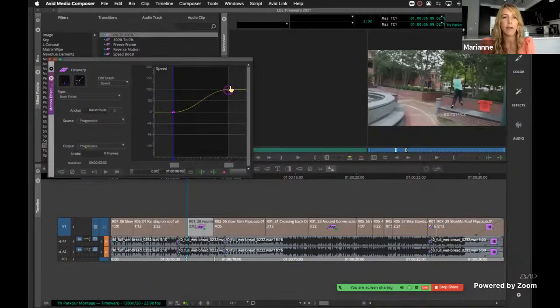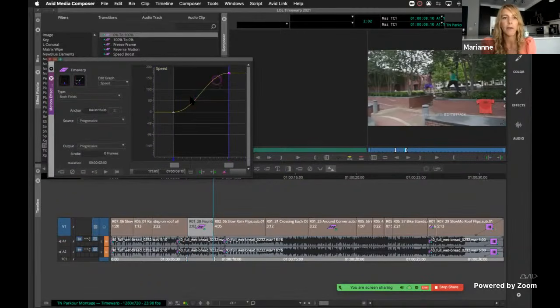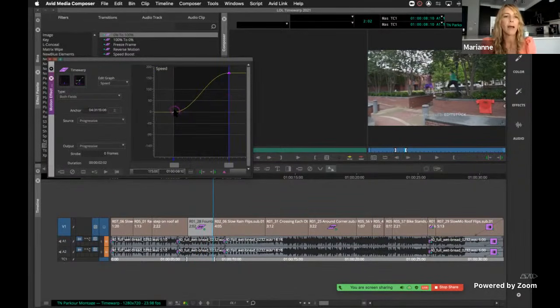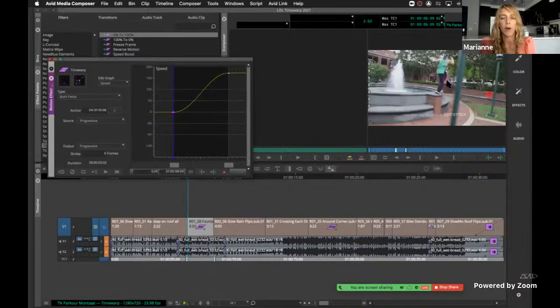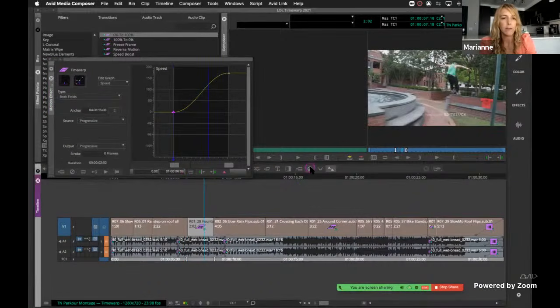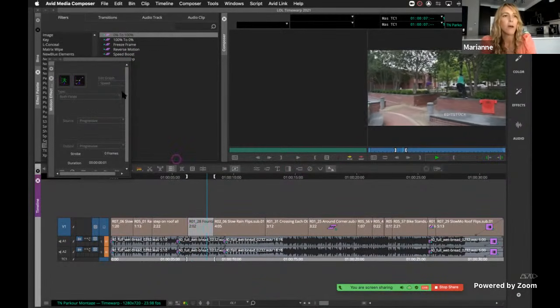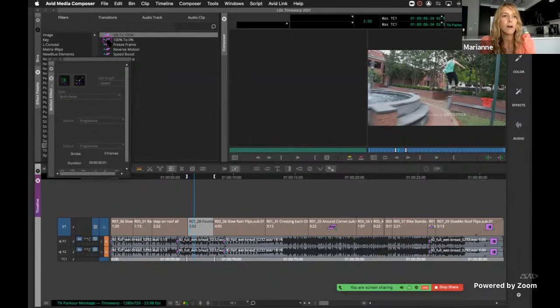So if I decide, okay, let's speed this up. Okay, now I'm seeing more of the action at the end, okay? Whereas no matter what I'm doing, this is the first frame. I'm going to go ahead and remove this effect to get it back to the original, which again, we see all the action. With the 100 to 0,